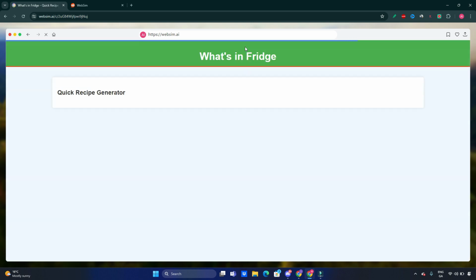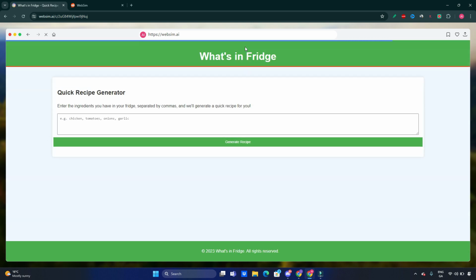Sorry, there you go. And it's a work in progress now. It doesn't take long, as you see, it's not even 10 seconds. And here we go, there's some simple idea here. Quick recipe generator. Enter the ingredients you have in your fridge, separated by commas, and we will generate a quick recipe for it. Okay, so let's say we've got